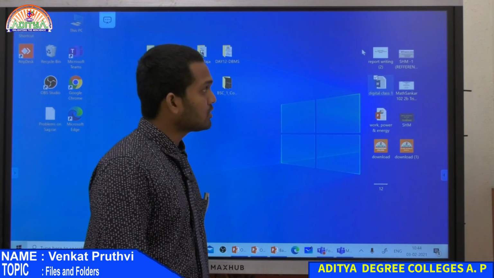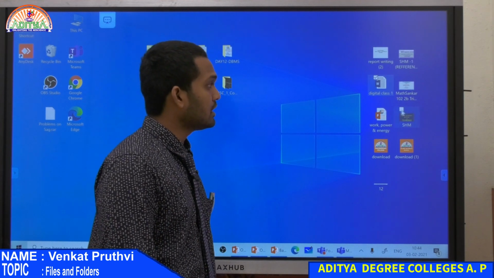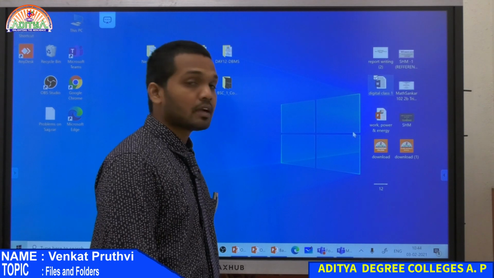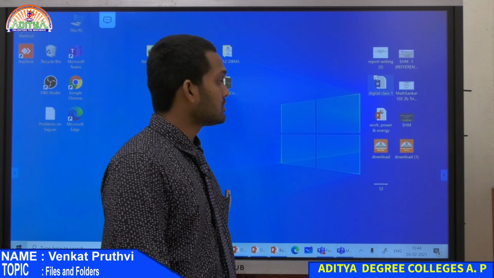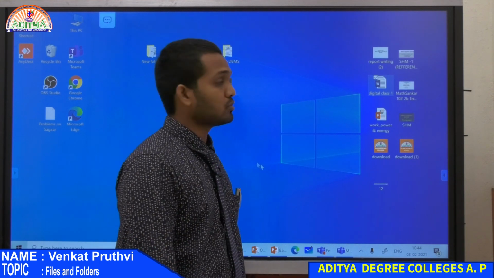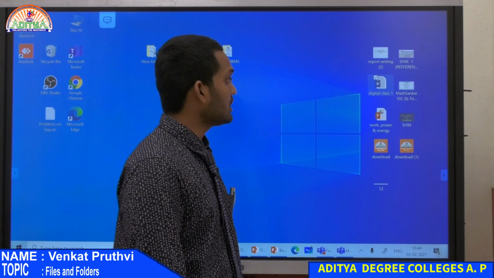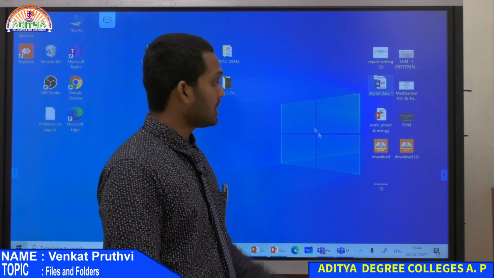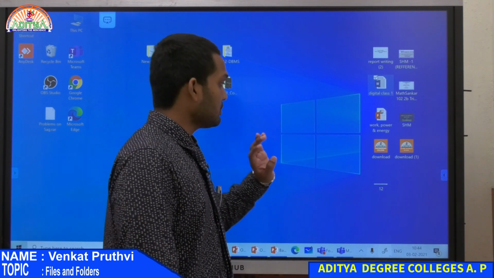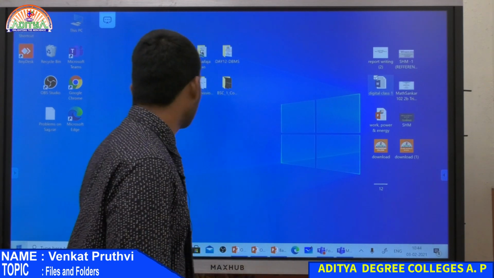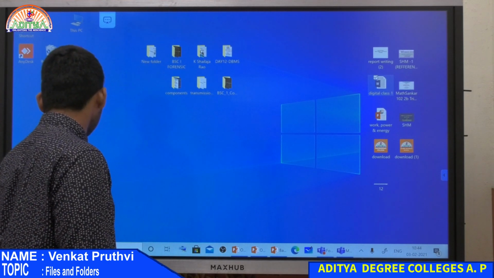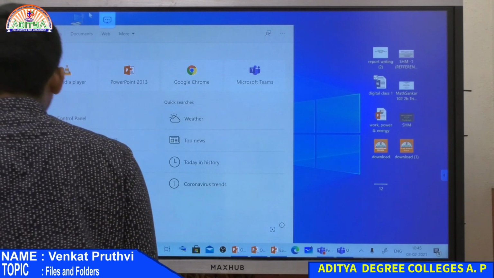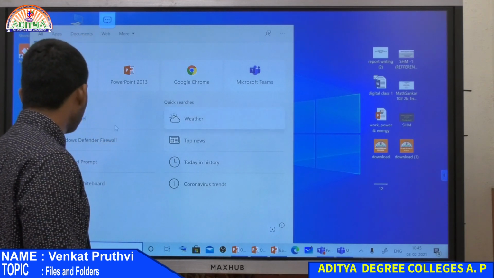You are also able to see the names of each and every file here. Along with that, you are able to see the type of file that is available to us within just 1 or 2 seconds. We are able to identify all the files that are there, and also categorize files separately. Whereas just imagine if you don't have this graphical user interface, and you only have this command prompt.